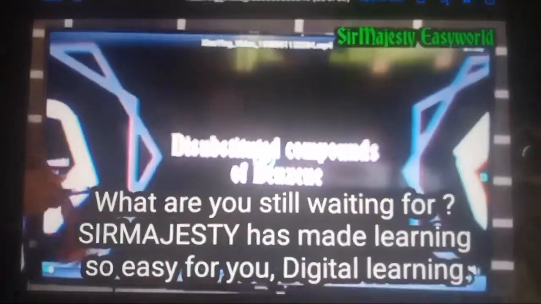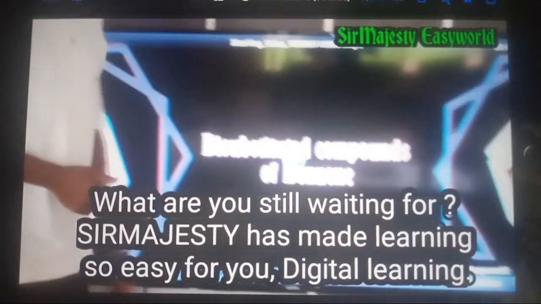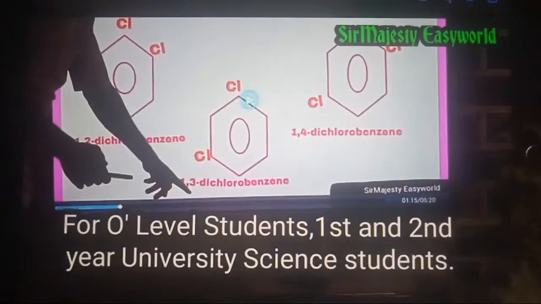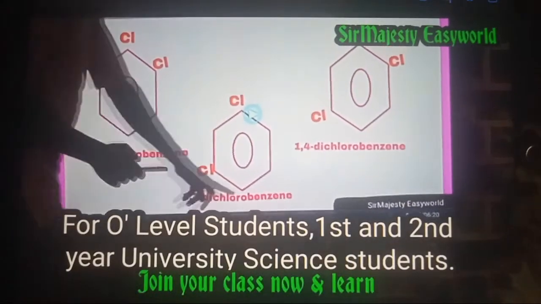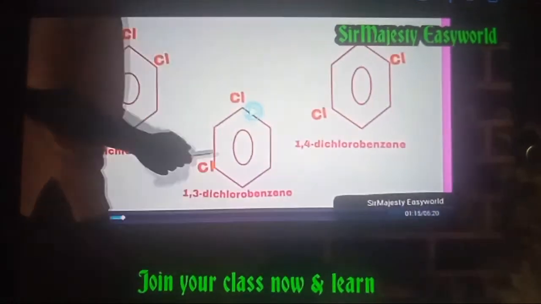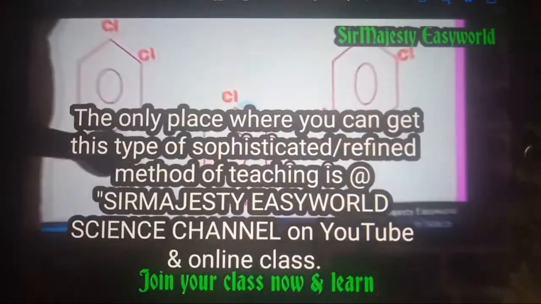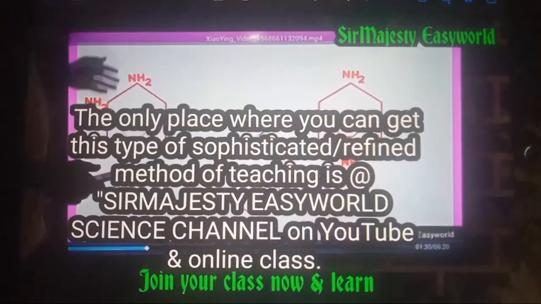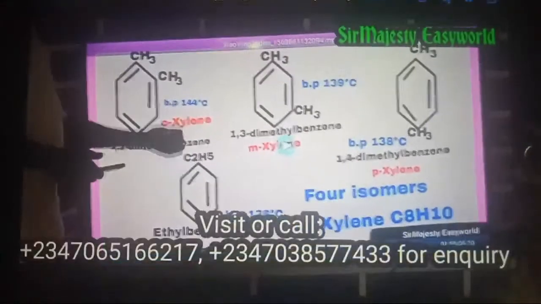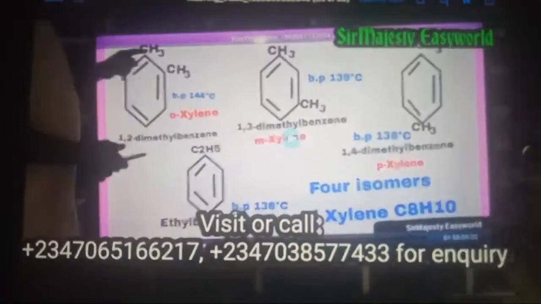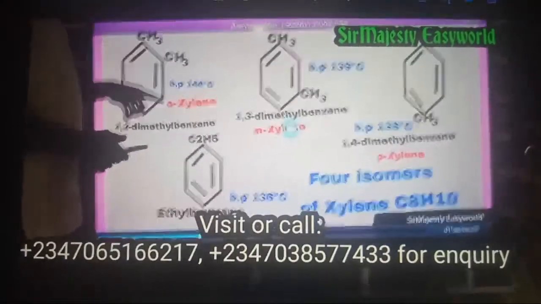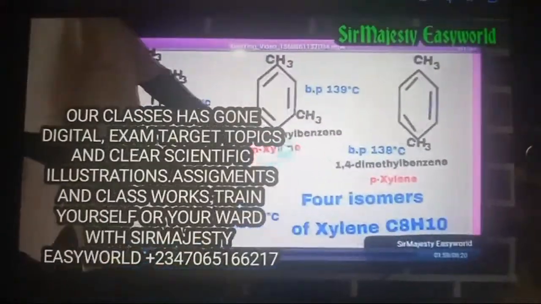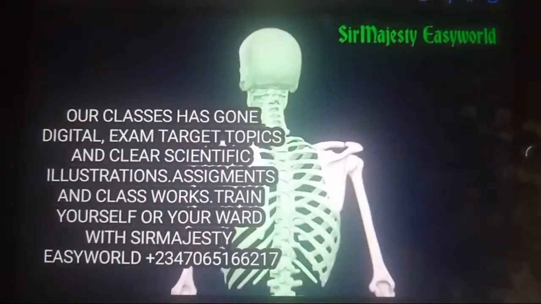So today we learn how to make disubstituted compounds of benzene. A disubstituted compound of benzene. So this is m-dichlorobenzene, while this is now p-dichlorobenzene because 1,4 represents para. Let's see the next example. Okay, benzene. Then dimethylbenzene is commonly called xylenes, but the CH3 CH3 are in one position. This is called o-xylene. This one can now be called m-xylene, and this is called p-xylene.